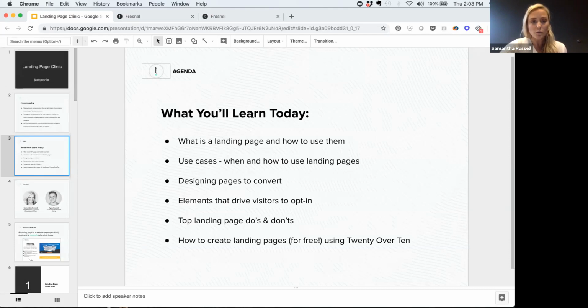And let me just launch one more poll here. So this one is just about, if you are using landing pages, how are you currently using them? So this will give us a sense of some use cases that you're all using within your own businesses. And most people saying that they can see my screen. So great. Thank you for letting me know.